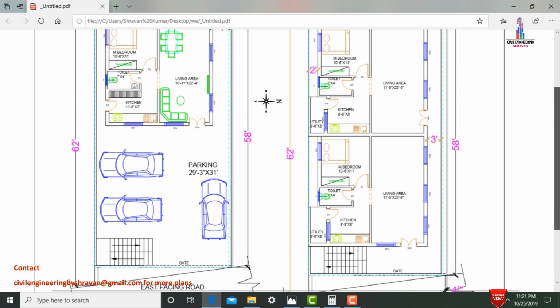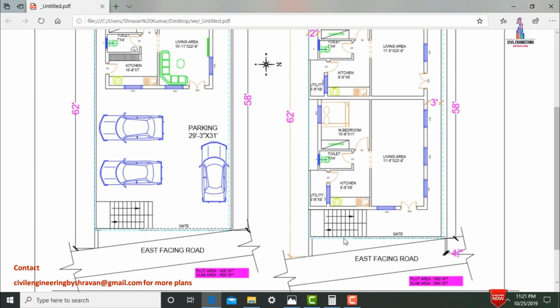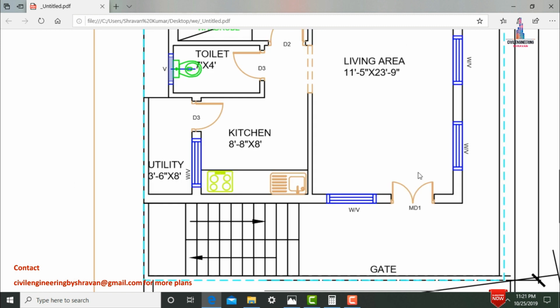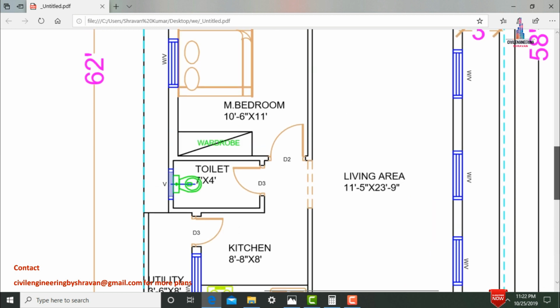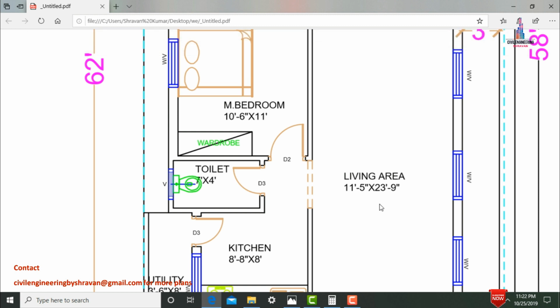It will be consisting of two portions for this respective house, and each portion will be consisting of single bedroom hall kitchen portion. So this is the staircases in east facing direction. So this is the main entry for this respective flat number 1, which is in east facing direction, and a window is provided in east facing direction. And this is the hall as well as living area for this respective portion 1, which is consisting of 11 feet 5 inches in x direction distance and 23 feet 9 inches in vertical direction distance.